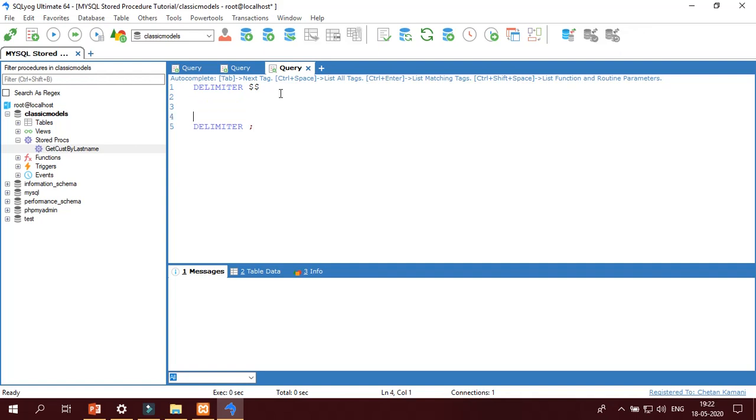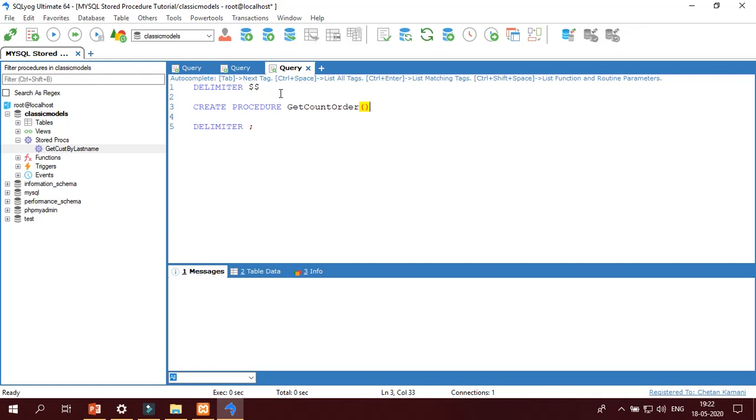In between this I have to write the procedure code. Create procedure, what will be the name of the procedure? Get count order.